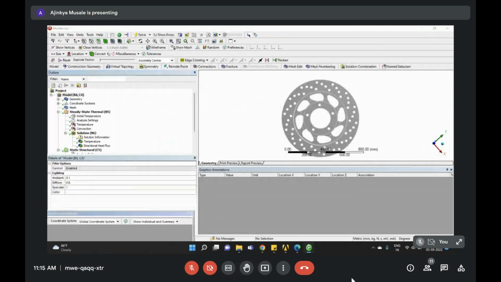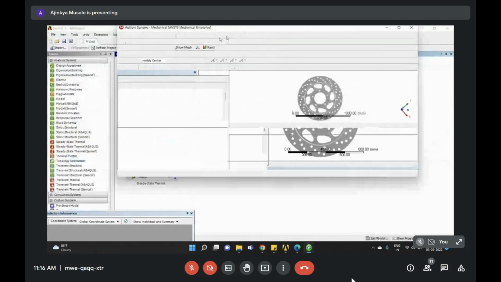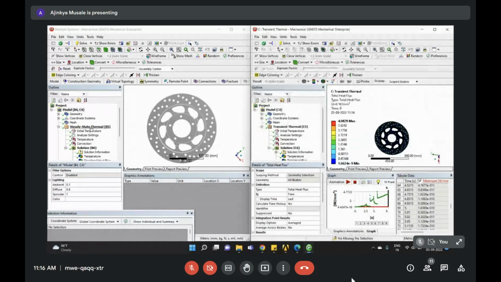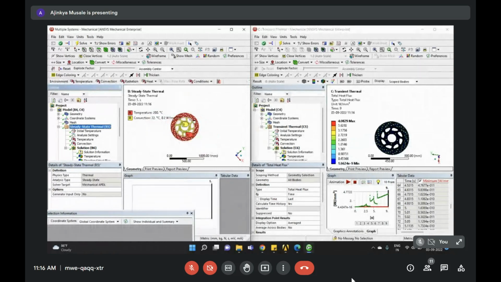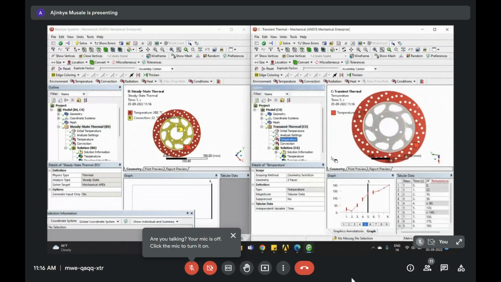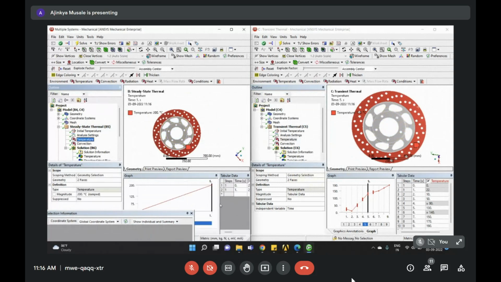I will drag it to the left side just for comparison, and on the right side I will have results for the transient thermal case. So on my left side I am having results for the steady state thermal case. On my right side I am having results for the transient thermal case. Fine. So you can see temperature over here ranging from 0 to 200, and here I'm having temperatures. Maybe I'll simply move it a little bit to this side. So in a single load step, I'm having